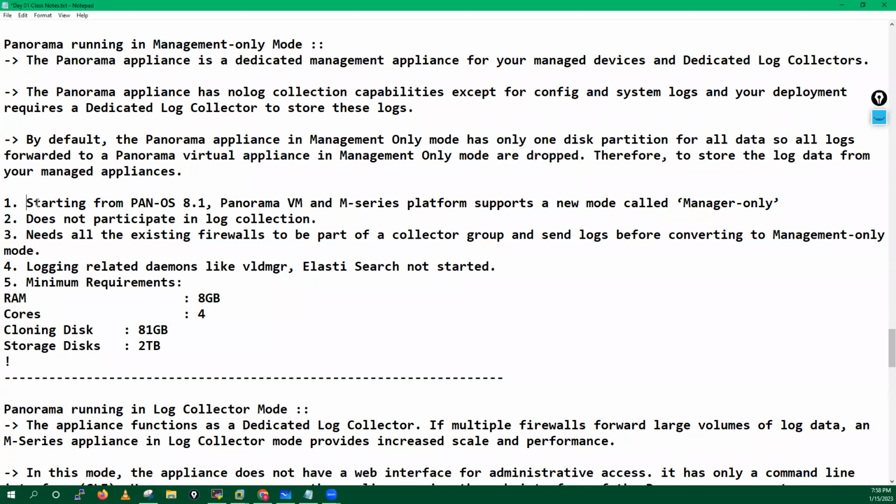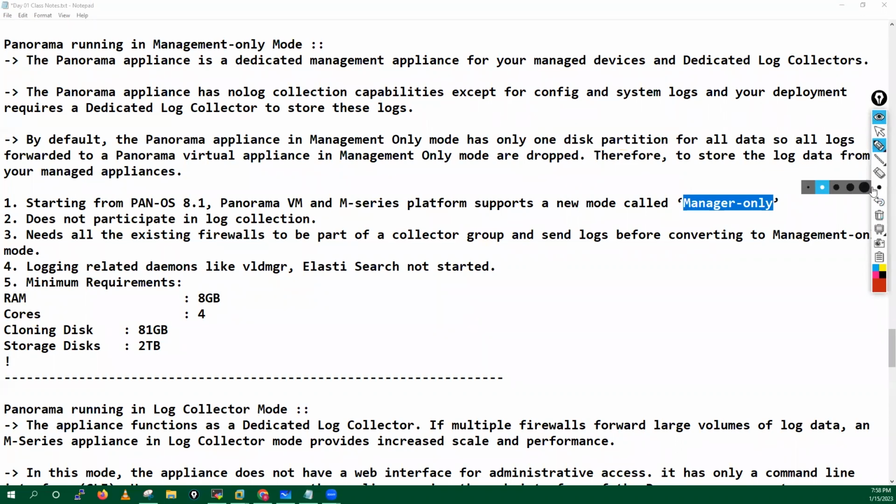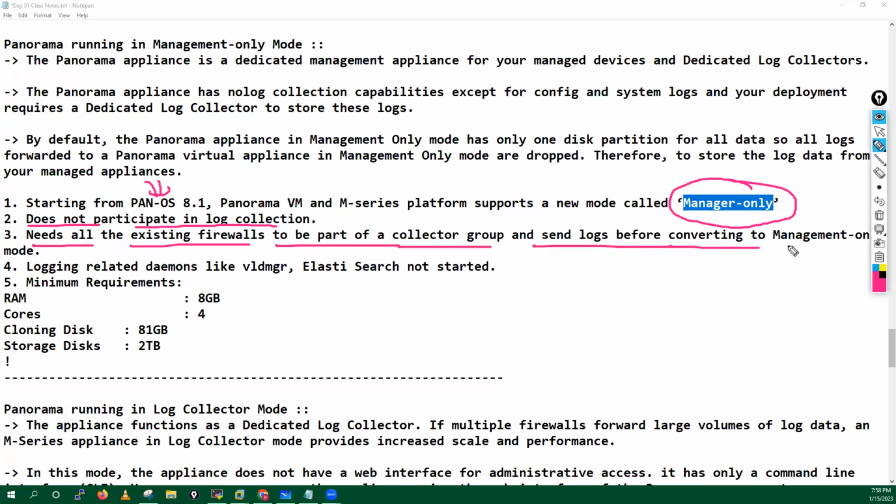Starting from PAN-OS 8.1 onwards, Panorama VM and M series appliances started supporting a new mode called management only mode. This mode is available if you are running PAN-OS version 8.1 or above. It does not participate in log collection, and needs all the existing firewalls to be part of log collector groups and send logs before converting to the